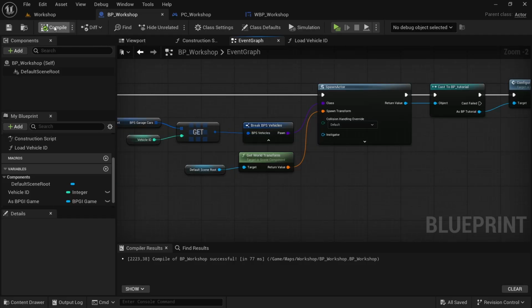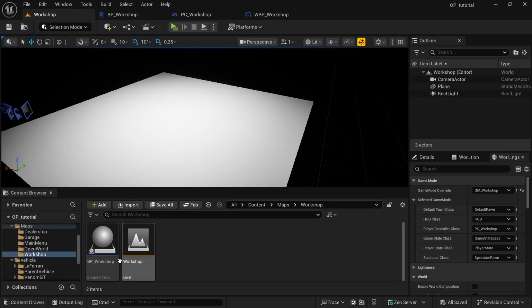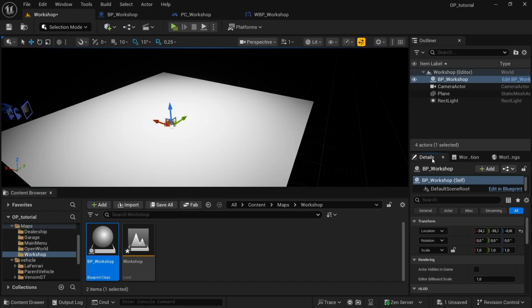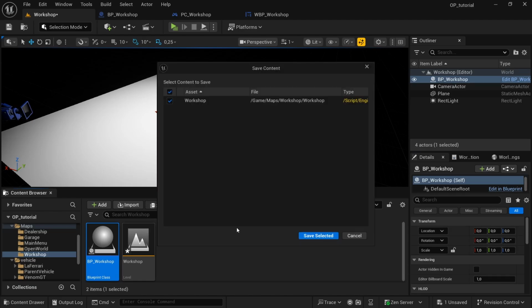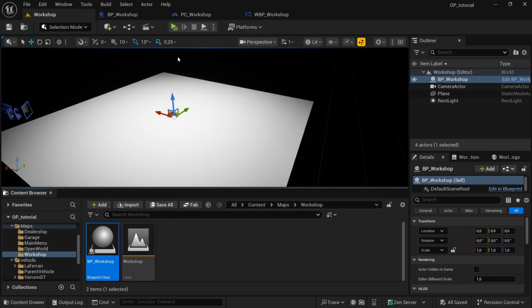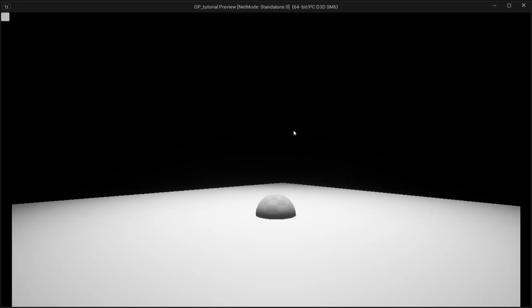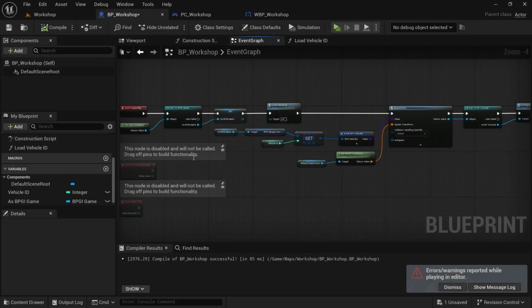spawned in. Okay, before we play the level, head back to the level, drag in the BP workshop, and then just go to the details, set that to the center, save all, and then now we're gonna play the level. Okay, so if you run into the same problem that I had here, what we need to do to fix